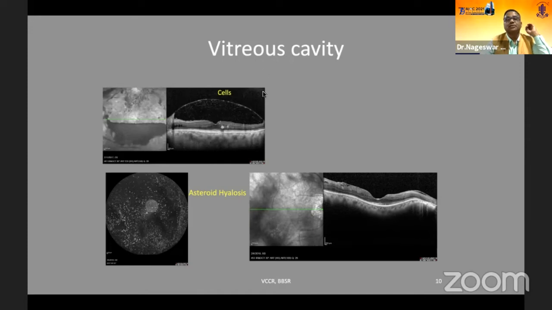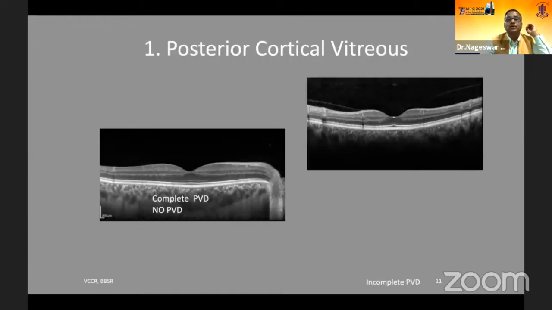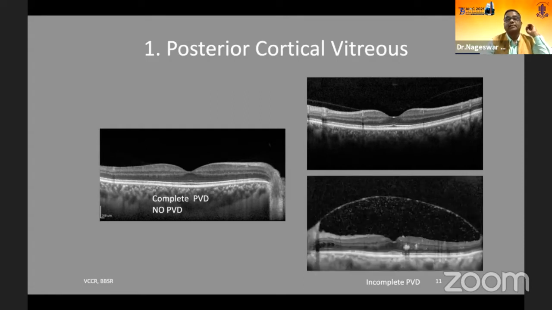Sometimes membranes will also be seen, but this is a normal posterior detachment. And in fact, a hemorrhage, whether preretinal or vitreous hemorrhage, casts a shadow on the retina with a hyperreflective zone or layer. The posterior vitreous cortex also appears. If the PVD is complete, or there is no PVD, you will see it like this. But something like here is an incomplete PVD, which means somewhere it is attached at the perifoveal region. And here also it's an incomplete PVD.